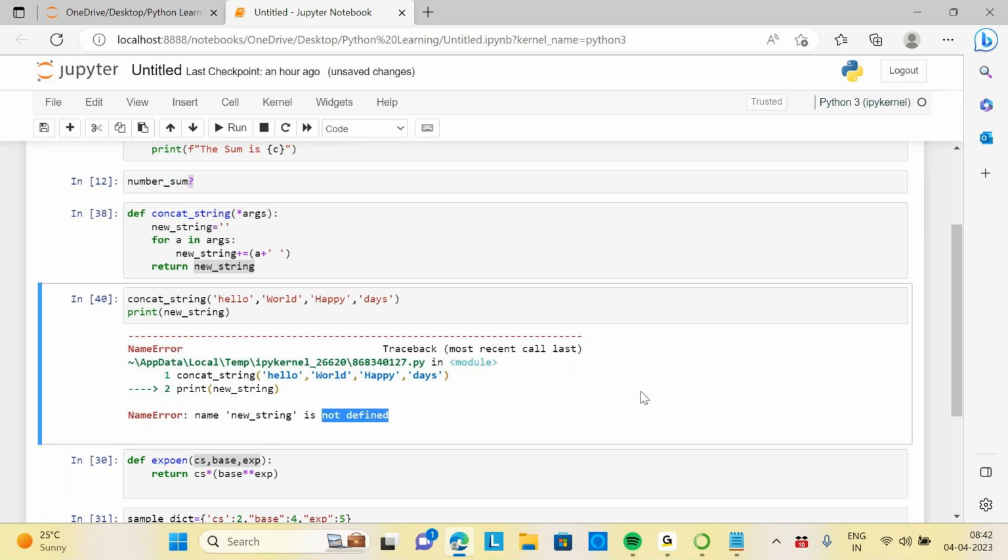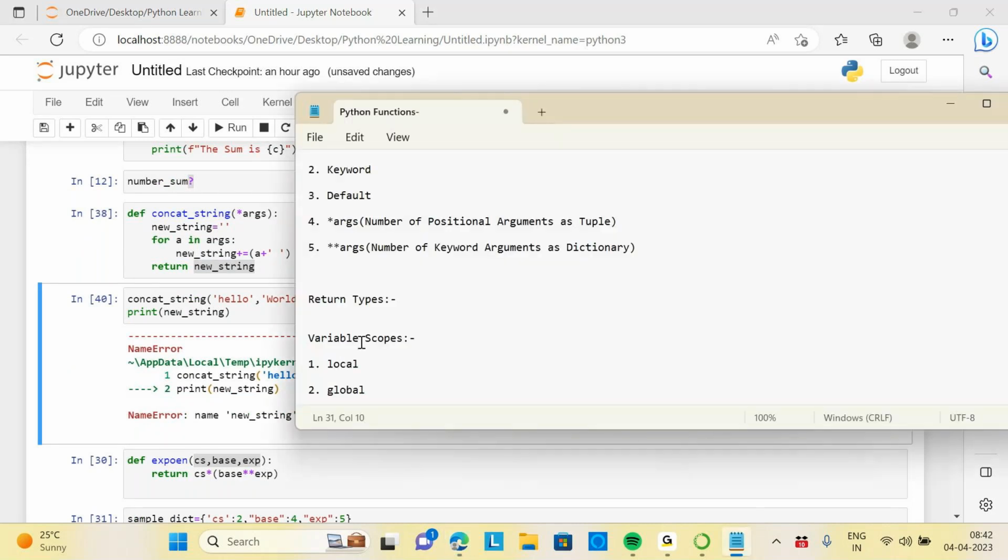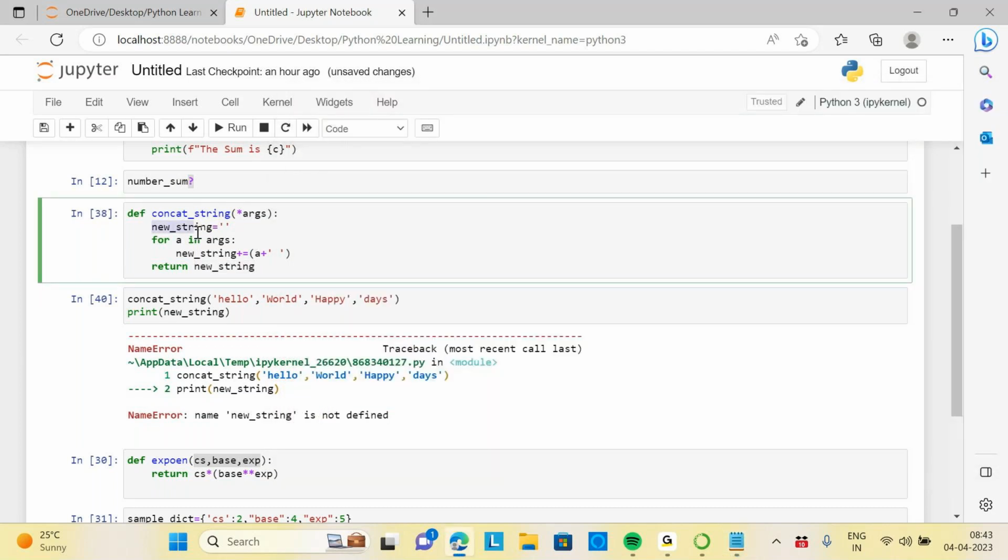This is because of the scope. By default, when you are defining a variable inside the function, it is local. Local in the sense it can be accessed inside the function definition only. If you go outside of the function, it will not work. That's why it is called the local scope. How to access this? I'm going to change it to the global scope. So I will use a keyword called global. I will say global, then new string. Then if I execute it,